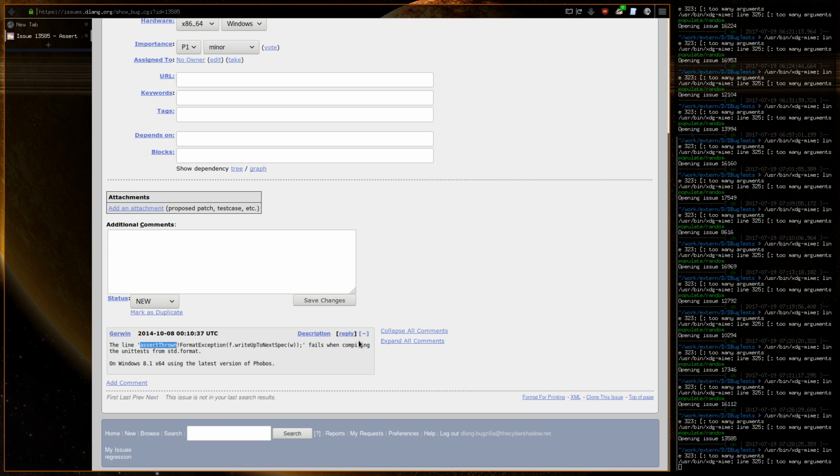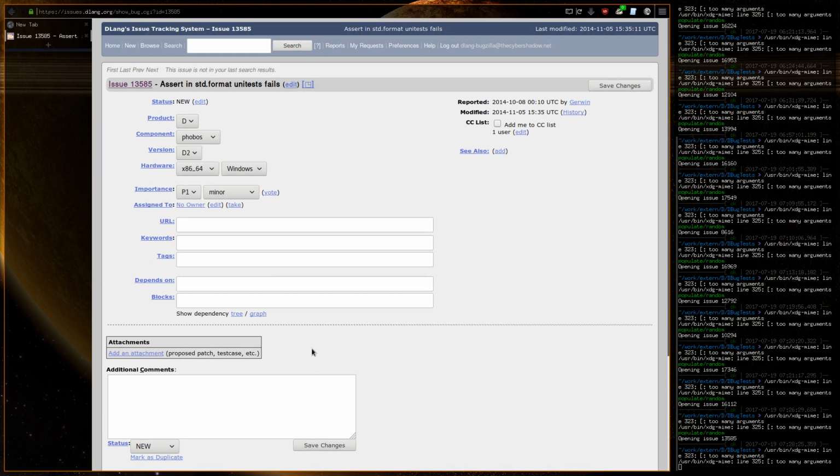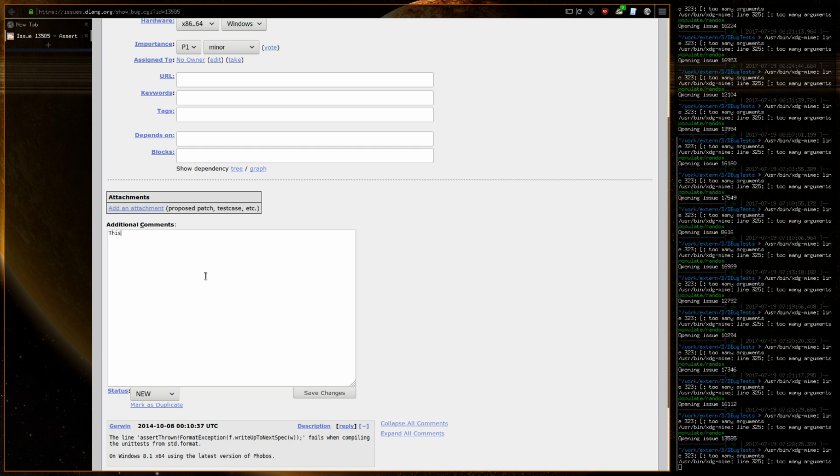So what do you mean by when compiling the unit tests? Like you're trying to compile std.format the module itself? And how does the line fail? Is it a compilation failure, or is it a runtime error? Okay, I'm not even going to bother. This is the least one, because I can deduce that, but